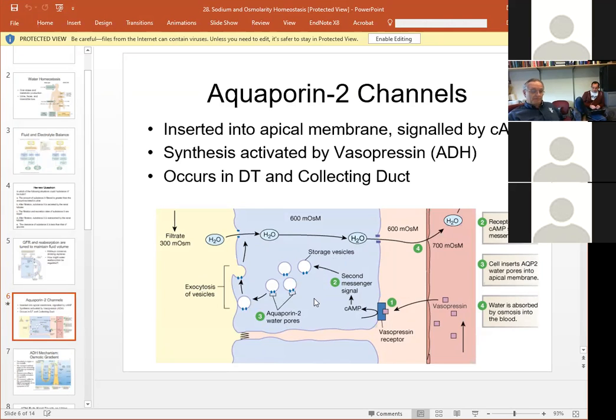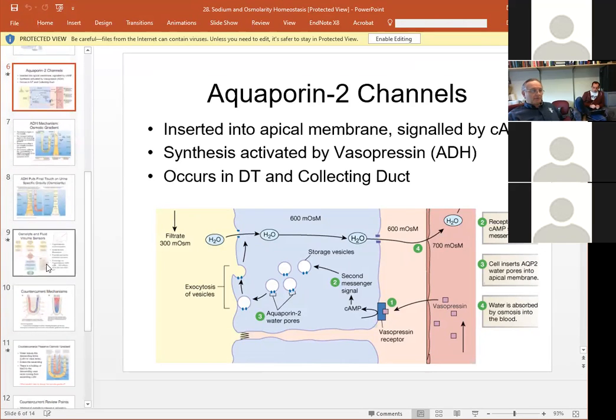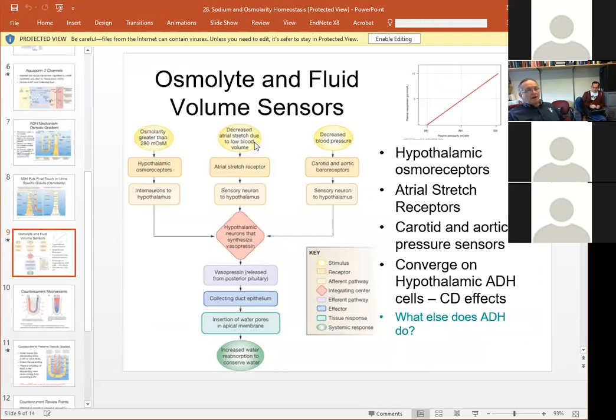Okay, so these two are pretty similar, but one says, how do those receptors on the previous slide, I think, differentiate between low volume and low pressure? Doesn't low volume cause low pressure? Yes, low volume does cause low pressure, but